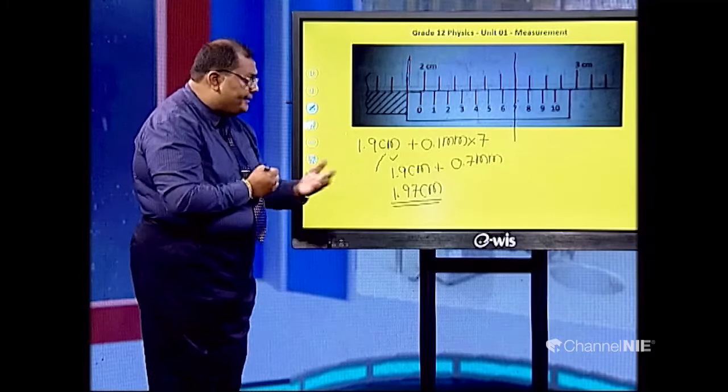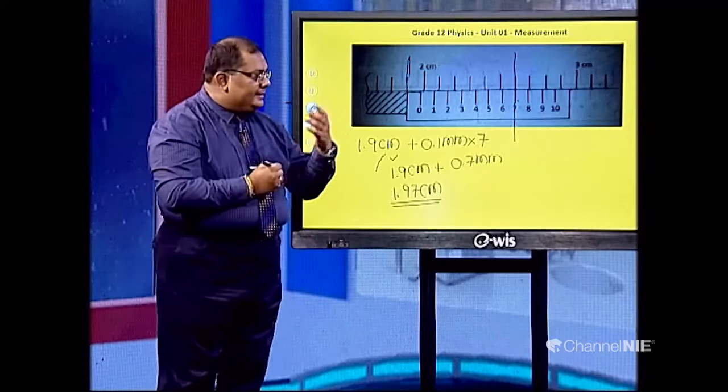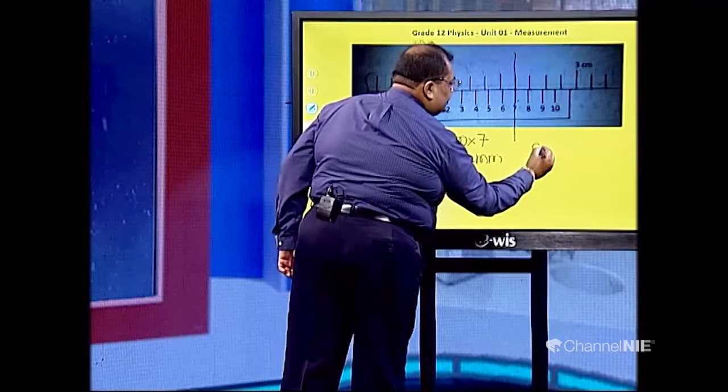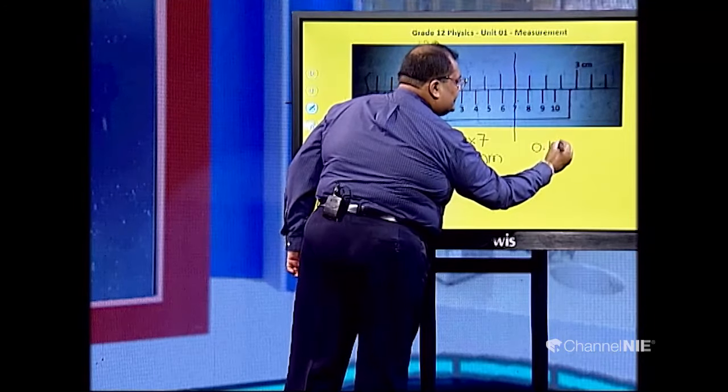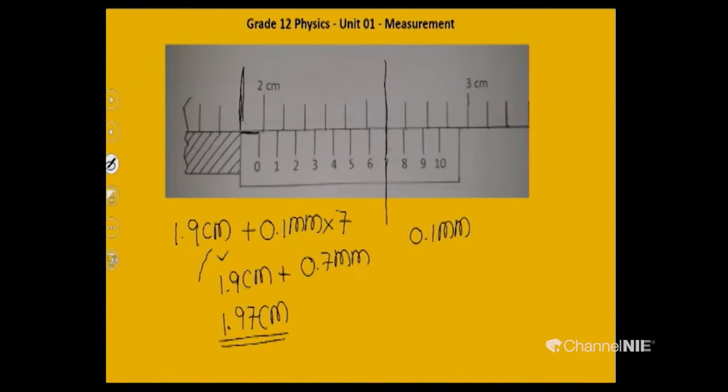And you can find here the fractional error. Fractional error means least count over reading. The least count here is 0.1 millimeters. This is the least count divided by the reading. Least count over reading is the fractional error. Reading 1.97